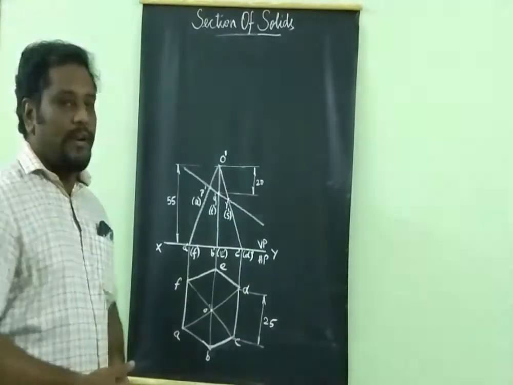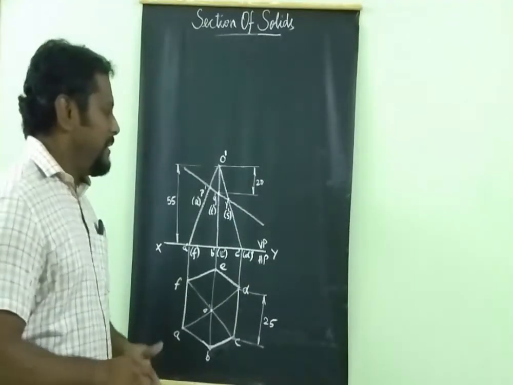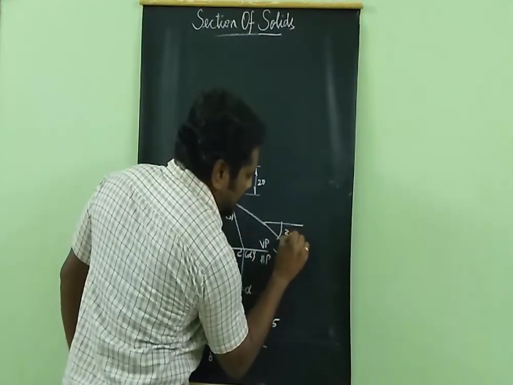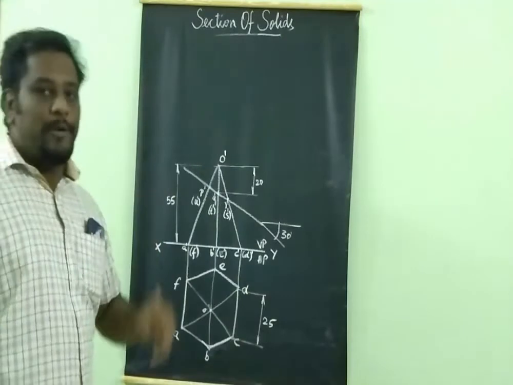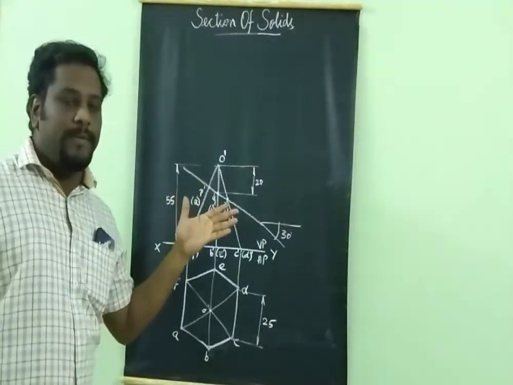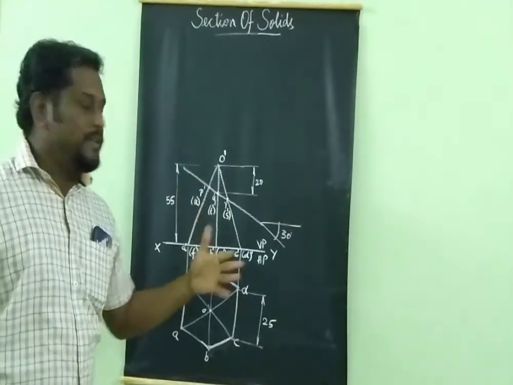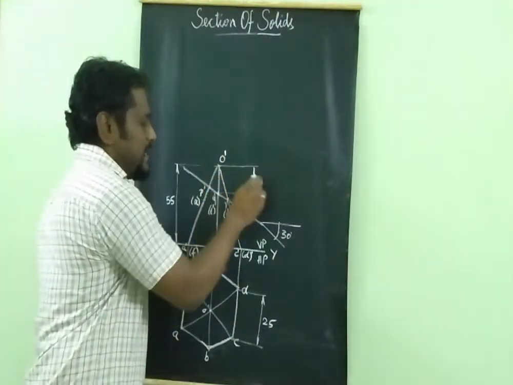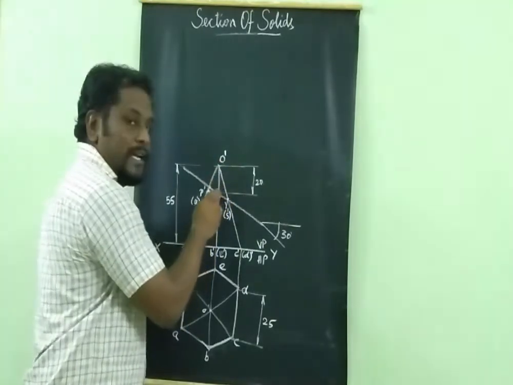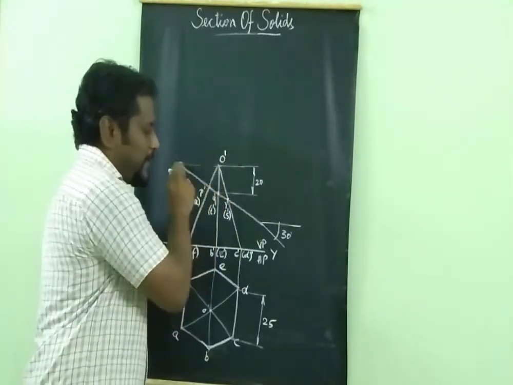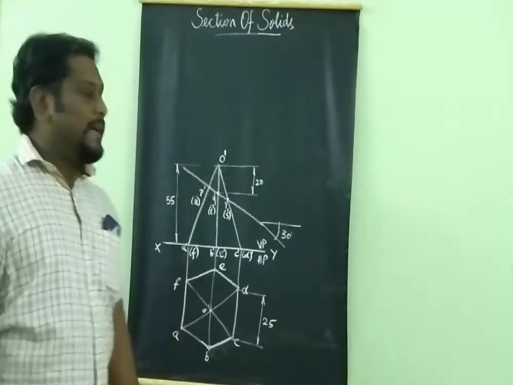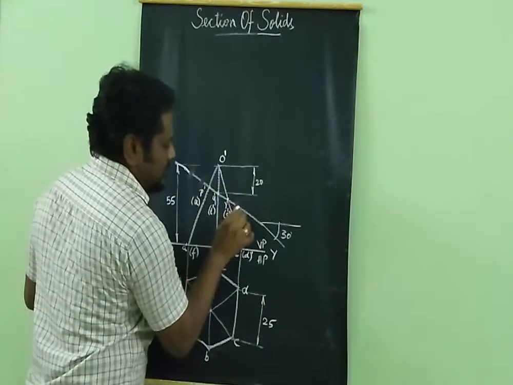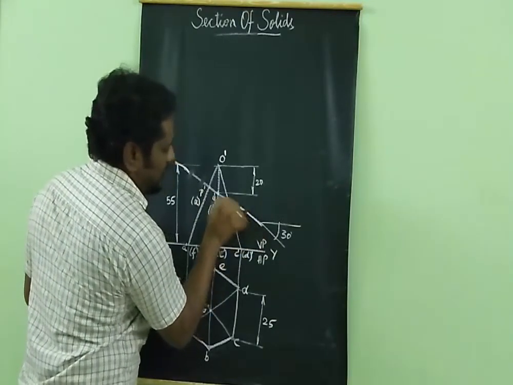Next thing, you have to draw the cutting plane. So this cutting plane makes 30 degrees with HP. So it comes above the XY line. These are all things you are familiar with from the previous video, so I am running fast, right? So the cutting plane makes 30 degrees and it cuts the axis at 20 mm from the apex point. So from the 20 mm point on the axis from the apex, through this point I am making the cutting plane, right? So the cutting plane must be like this. Like this you have to draw the cutting plane.